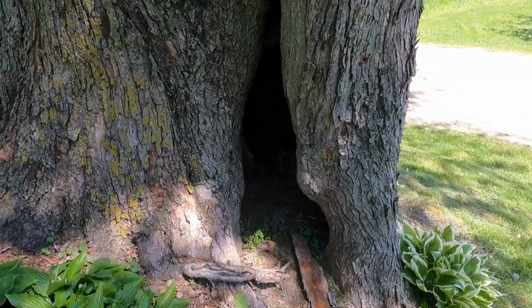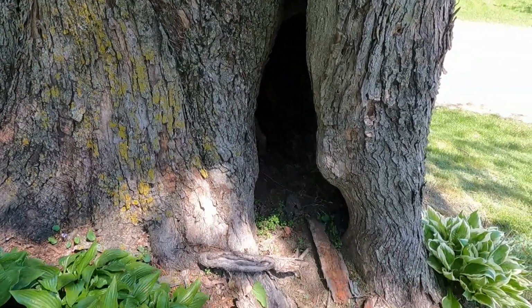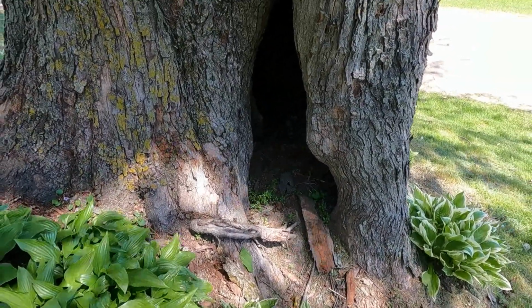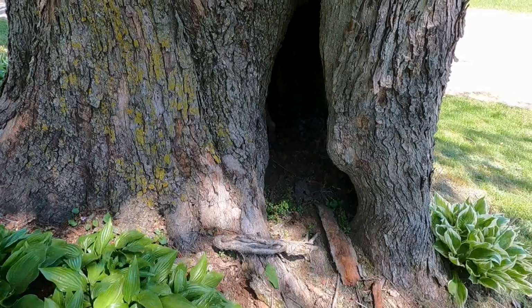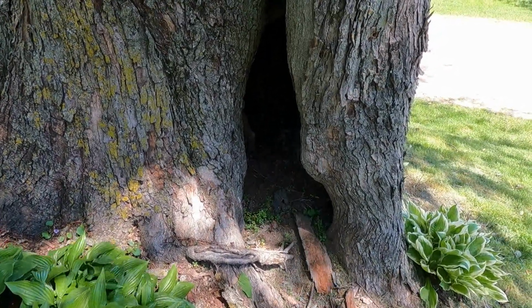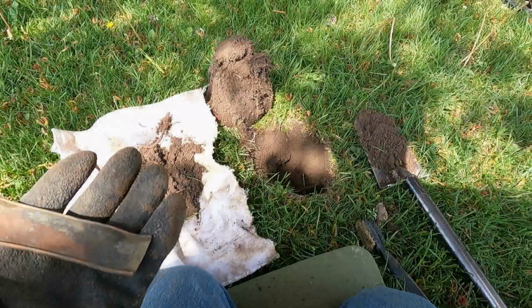See that big hollow hole? I know the kids have been in there. I think I'm gonna have to squeeze through there. Would you guys detect inside this tree? Let me know in the comments below. Out of this hole,